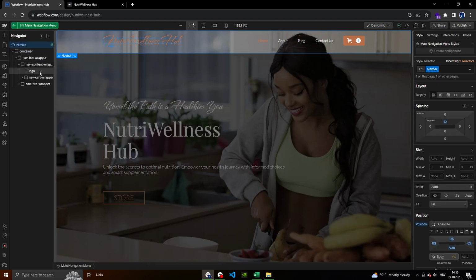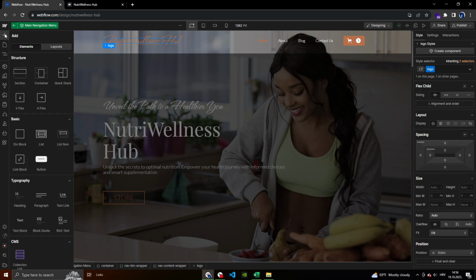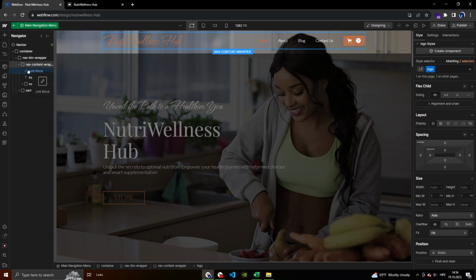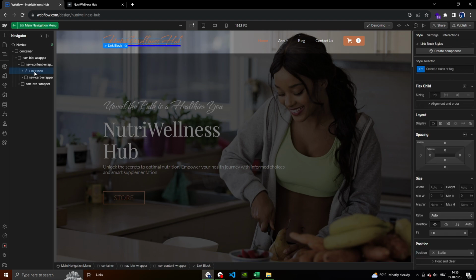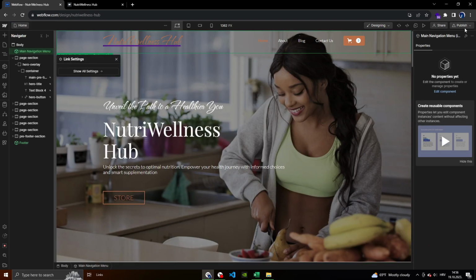We go to our navigation, we find logo, we go to add elements, and we find the link block. We drag logo into link block. We go to link block, click settings, and here in URL, all you need to do is put this line, Shift and number 7 on my keyboard on Windows. And when you do this, you refresh the website, publish,